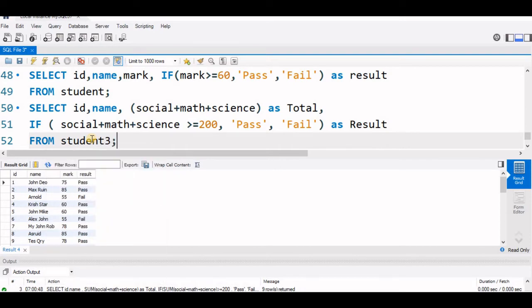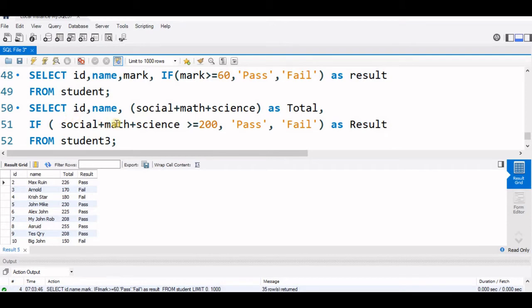You can download the SQL dump of it. Let's try this. You can see that if the sum exceeds 200, then it is pass. Wherever it is less than that, it is fail. You can see the result here. There are 10 records.